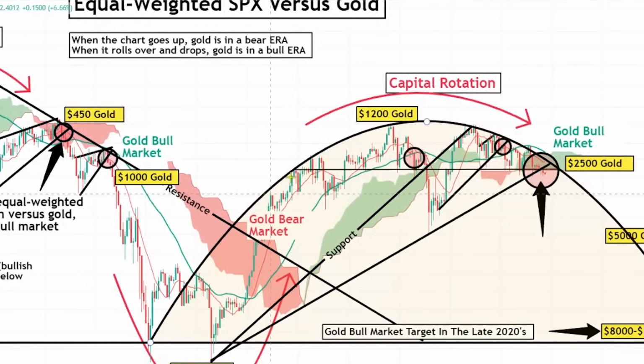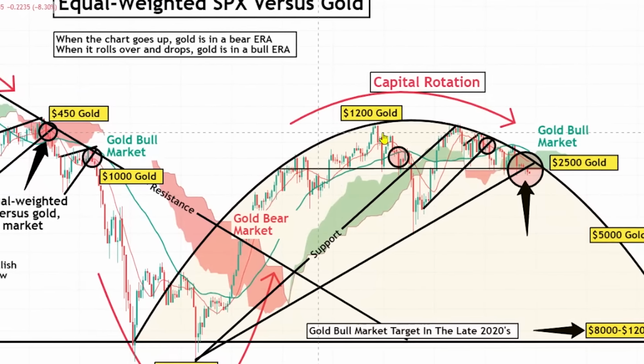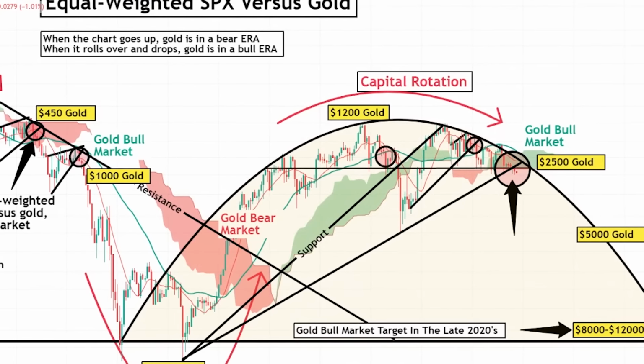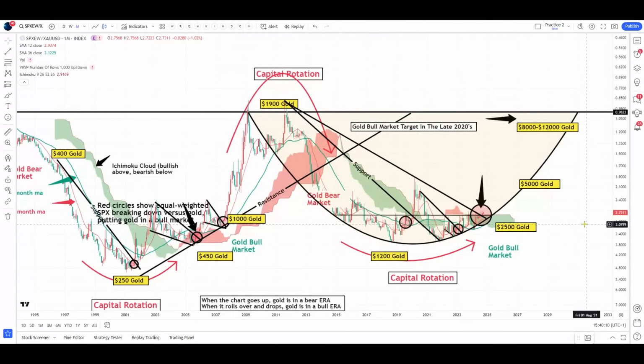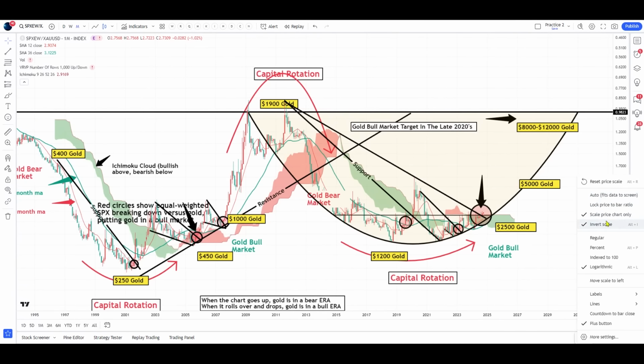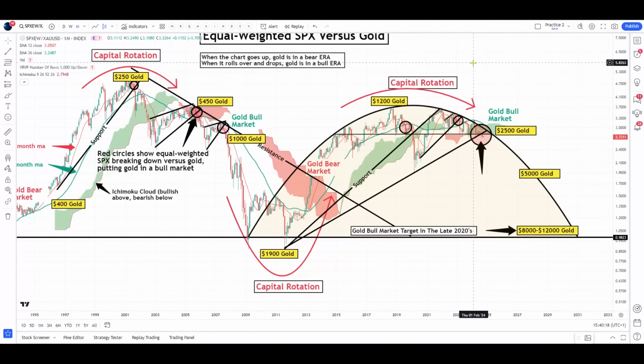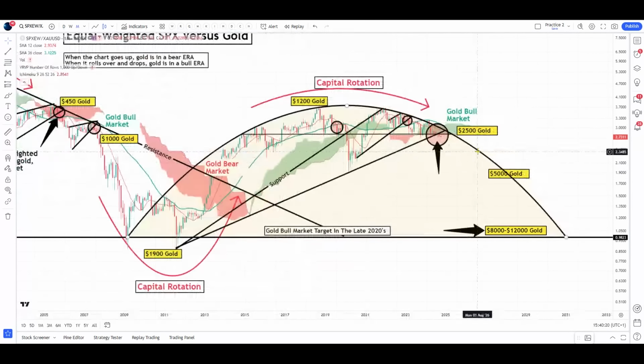Now, very clearly, we've got a curved resistance line, a dome, if you like. I could flip it upside down and invert the chart, and it becomes an arc. Okay, that's me turning the chart upside down. So often you'll see these cup and handle patterns. Well, it's a cup pattern if you turn it upside down, but if you have it the right way up, then of course it's a dome. And look what's happening here.